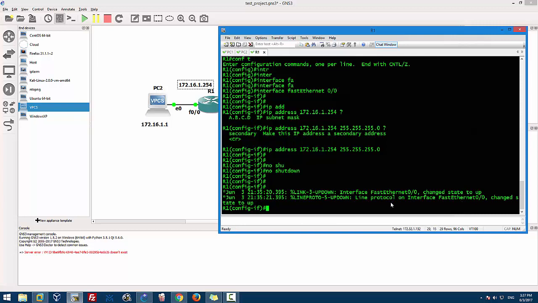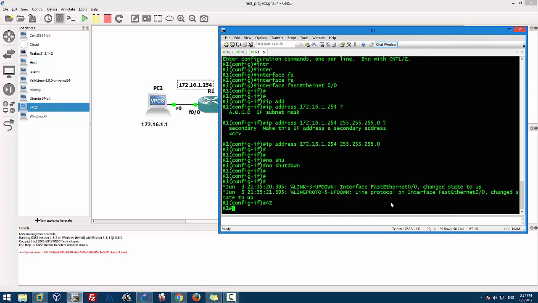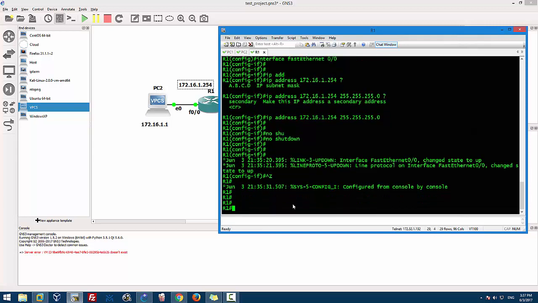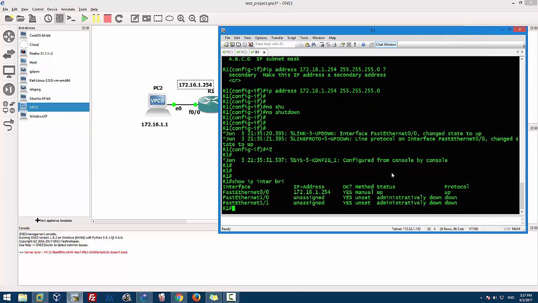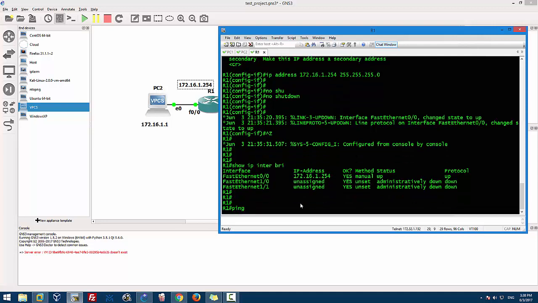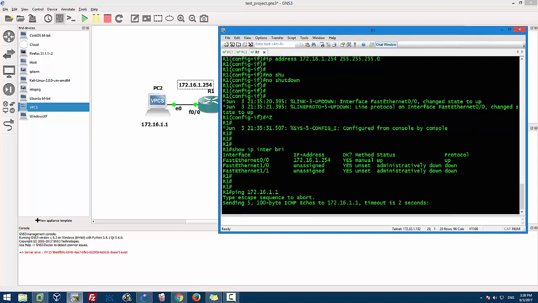See, so now if I do Control Z, it will take me all the way out from this mode, from the configuration to the operational mode. Then I do show IP interface brief, and you remember before this one was administratively down, and now it's up. So both of them are up and up, and there is an IP address. So theoretically now, if we ping this IP address